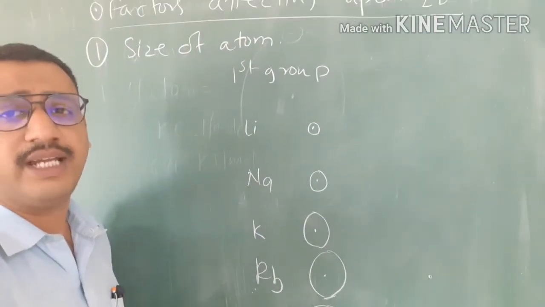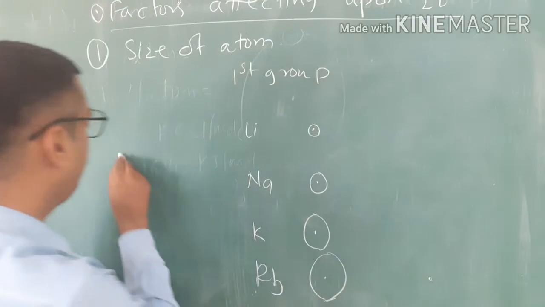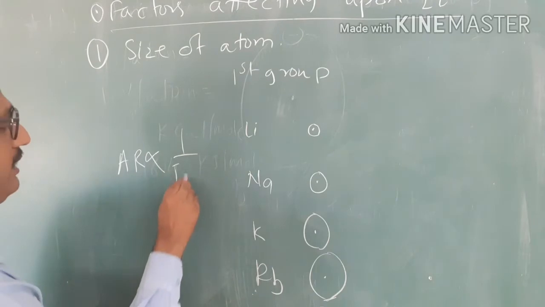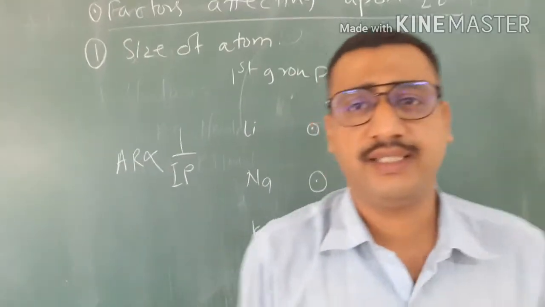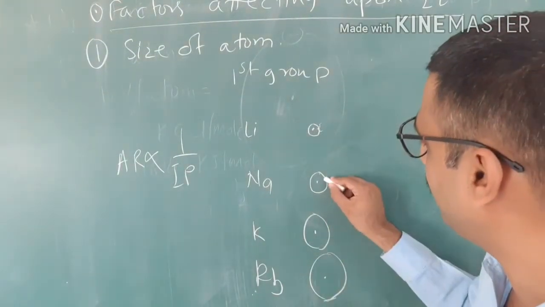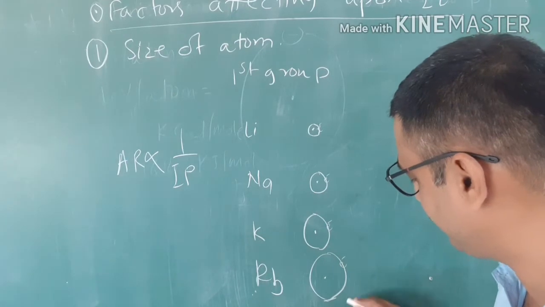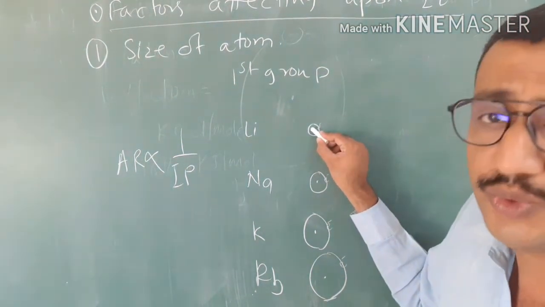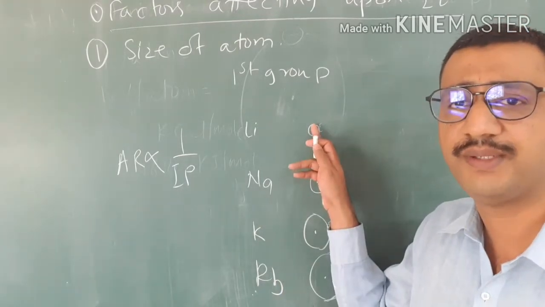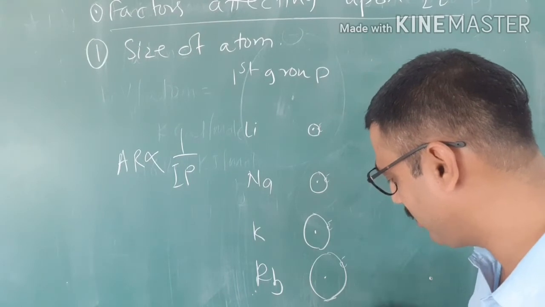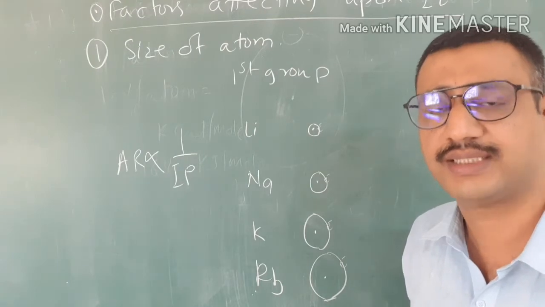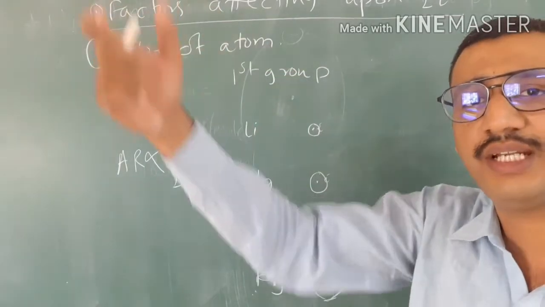Now, as the atomic radius increases, the atomic radius is inversely proportional to the ionization potential. How? Here in all these first group elements, there is a valence electron. One electron is present in the last shell of all these elements. The nucleus is positively charged. The attraction between the nucleus and the last shell electron is less in case of lithium, because the distance between the nucleus and the last shell electron is more. So the hold of the nucleus to pull the last shell electron is less. That's why the last shell electron will get removed easily.